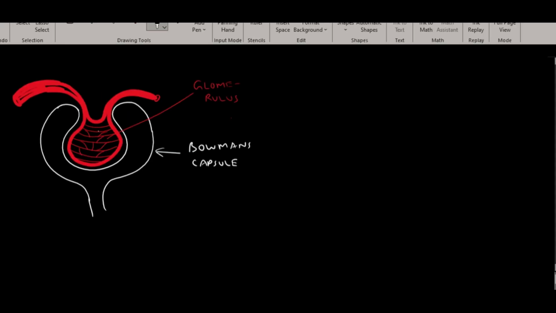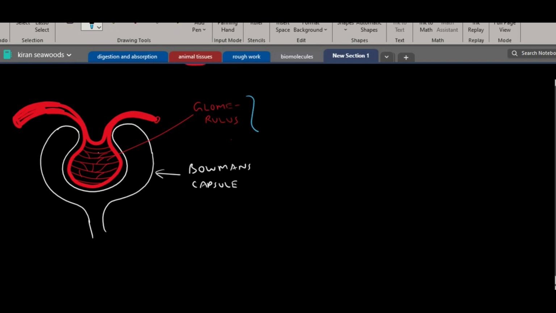Now, this is glomerulus, and this is Bowman's capsule. Okay, you need to be very clear about all these terms. Together, glomerulus and Bowman's capsule are referred to as Malpighian